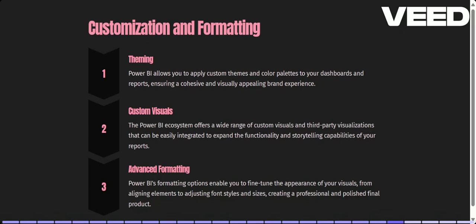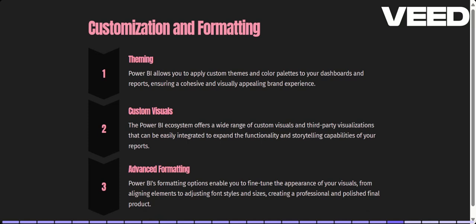So what we can do extra for your visuals is customization and formatting. You can customize your visuals, like theming. It allows you to have different themes and color palettes, like if you want black and colorful themes to make an attractive, appealing experience, you can go with theming. And custom visuals also you can create. So once you have created visuals, you can give an outline to them and coloring to them.